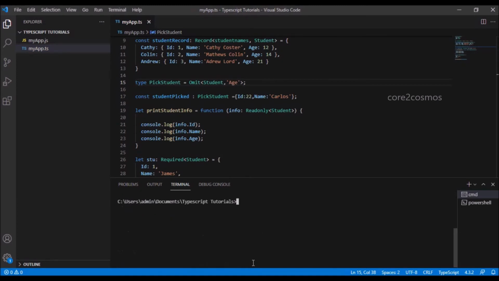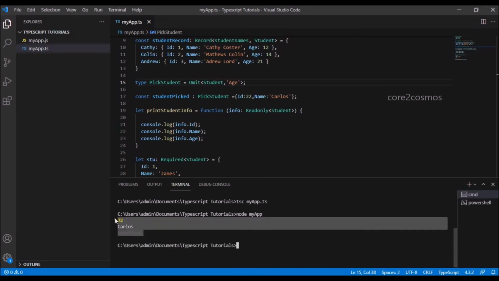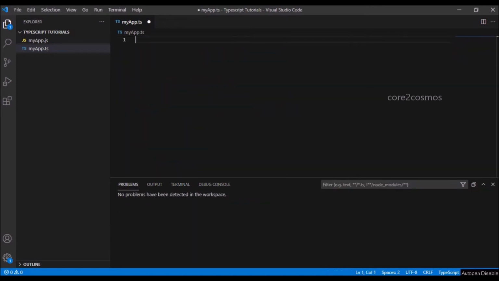And now when I run the program, I should get the same output which I got when using the pick utility function. So in the output terminal, we can see undefined for the property age because we have omitted age.